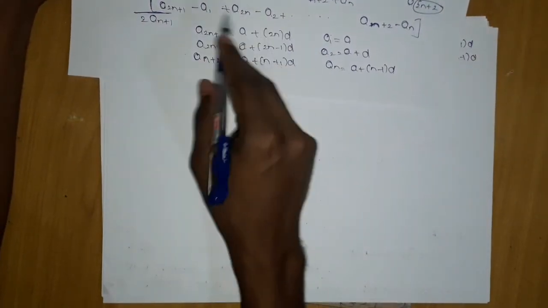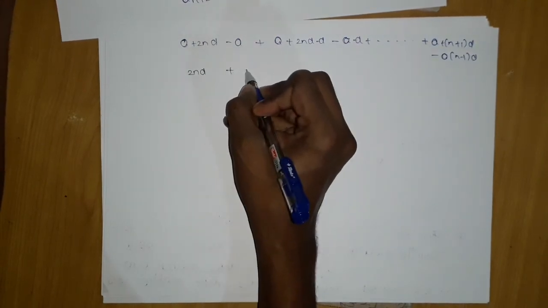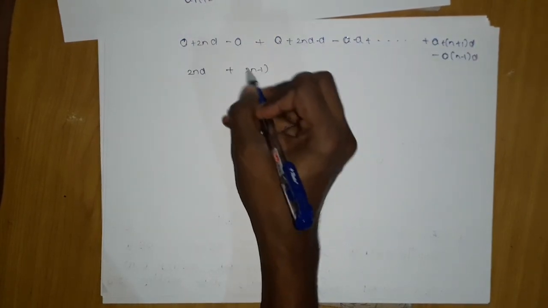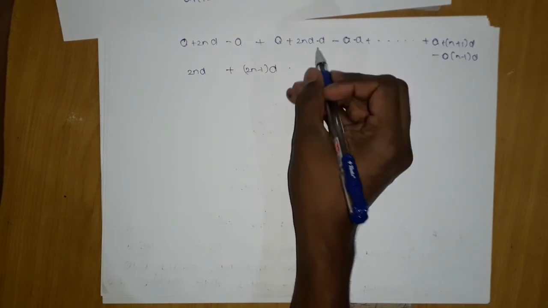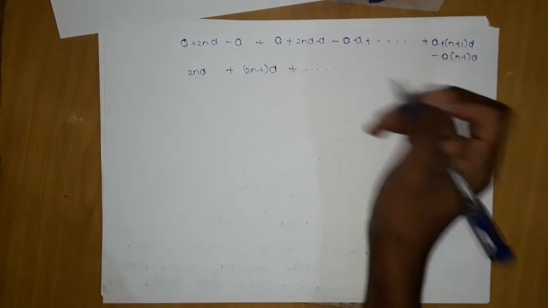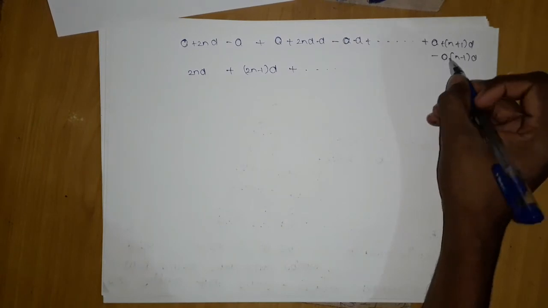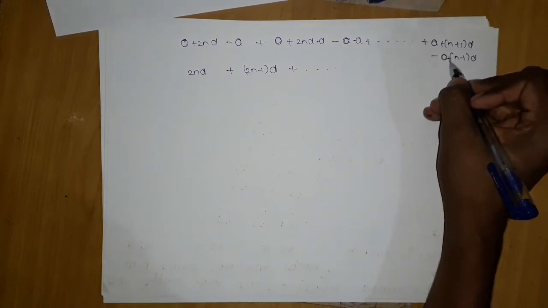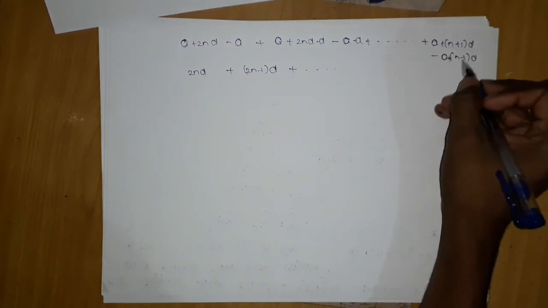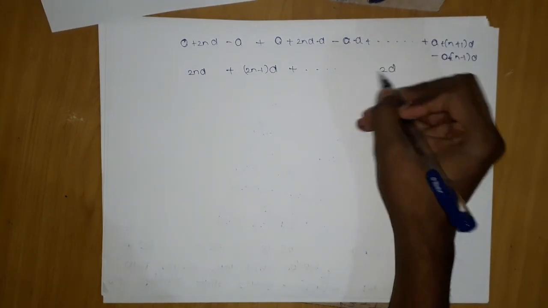Okay, so these are in difference, so we will cancel out. Here we are getting 2nd, here we are getting (2n minus 1)d. A will cancel out (2n minus 1)d. Similarly, in the last row we are getting nd will cancel out, giving me a plus, okay, minus (a plus (n minus 1)d). Okay, this will cancel out, and d will cancel out for sure. Okay, we are getting 2d.